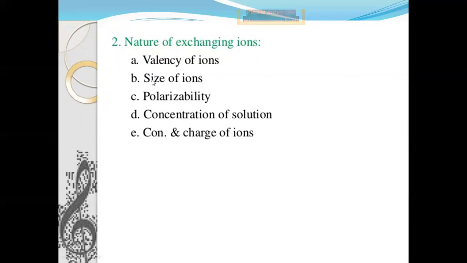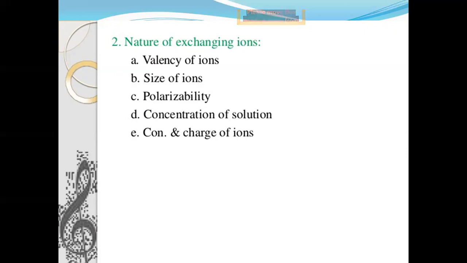One overlaps with the other. So valency of ions means, for example, if we consider positive charge or cations, +1, +2, +3. When it has more valency, that means +3, the more charge means less size. More charge means less size, and less size means more polarizability. Got it? It is reversed in the case of anions, if they carry less charge, -1, -2, -3.